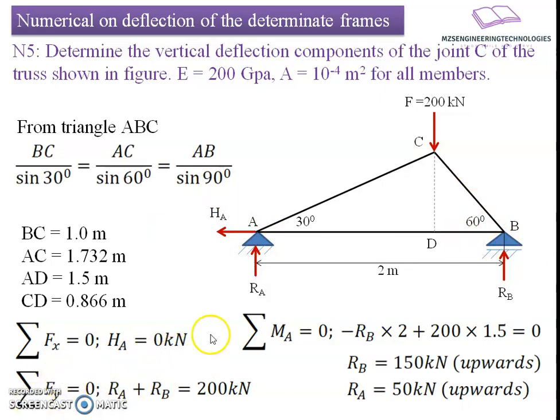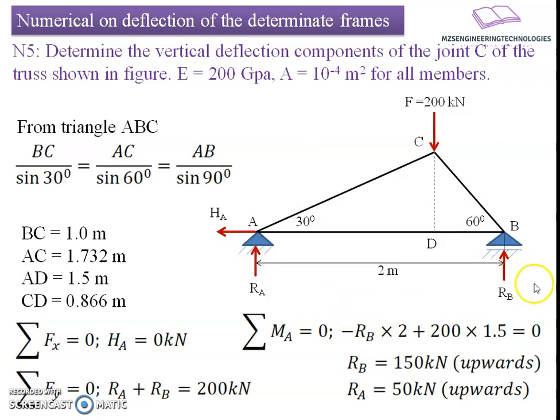If we go with equilibrium in the vertical direction, we have two reactive forces going upward and the applied load going downward. That's why we can say RA plus RB equals 200 kilonewton. Now we will take the summation of moments about joint A. So I am going to consider all the moments about the joint A with reference to the applied forces. The very first one is the end reactive force at B. So RB into 2, and it's going in the anti-clockwise direction. That's why minus RB into 2 will be the product here.